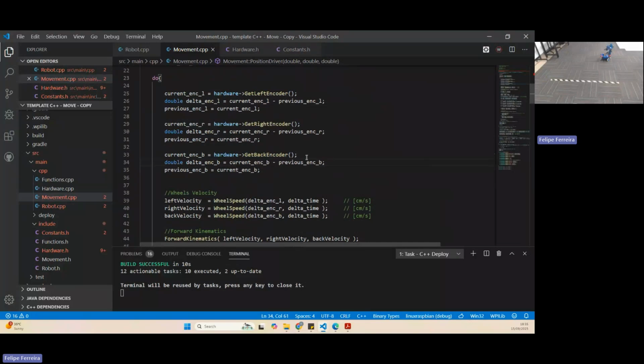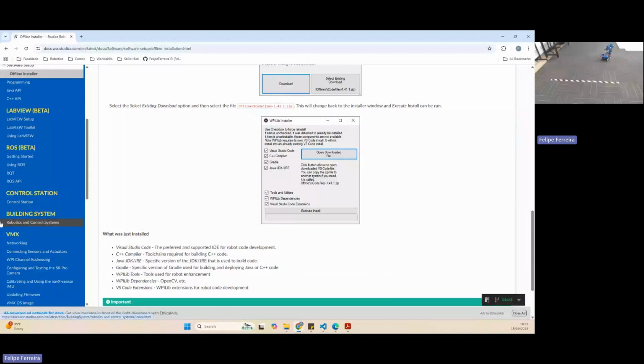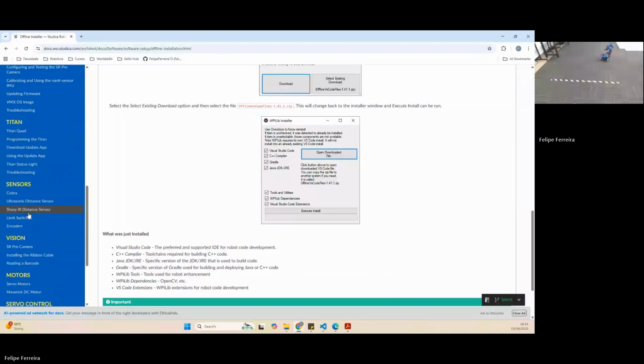So we finished the movement part. Let's switch to the sensor. I'm going to give an example. I'm not going to do a very deep explanation, because most of the information you need you can find on the Studica website. For example, I want to use a, let's see,